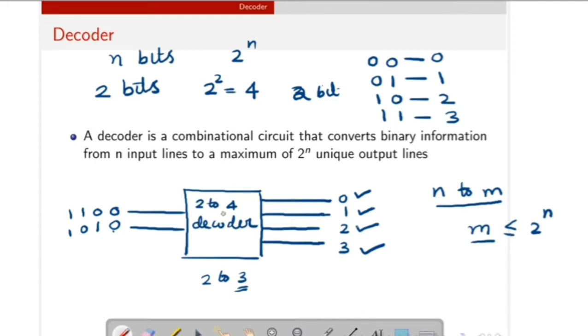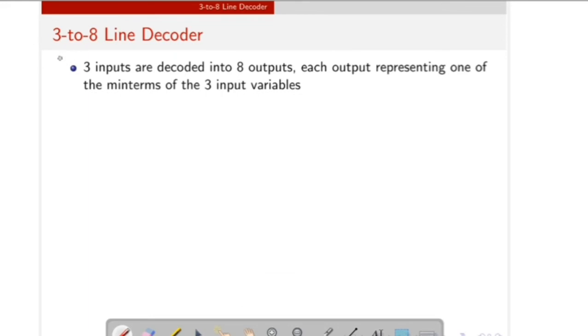So generally the block diagram for this decoder is like this: n inputs and 2 raised to n output lines. Next we have to design a 3 to 8 line decoder. A 3 to 8 line decoder means the decoder has 3 inputs and 8 outputs.